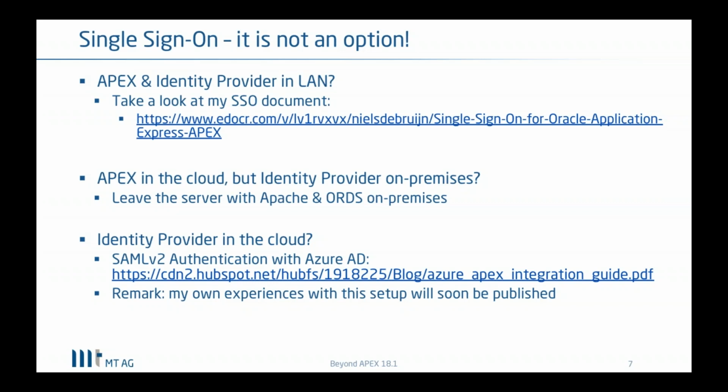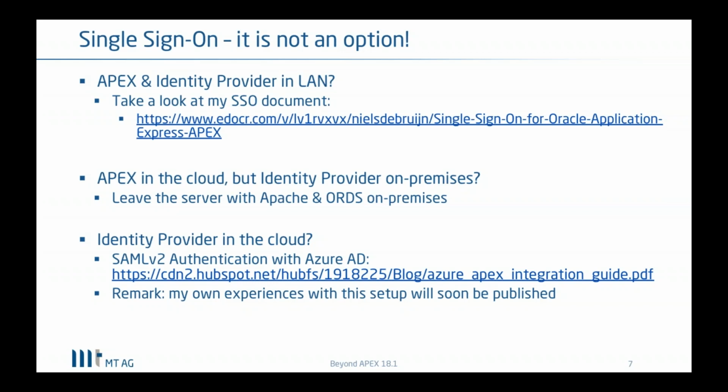And this document has come a long way already. It evolved over the years. I've implemented this scenario over 15 times at various customer places, and I'm aware of a lot of cases around the world where people have used this document to implement single sign-on themselves. For me, this is not an option. So if you're running Apex internally, you should go through those steps in that document and make single sign-on possible. In this case, which is mostly happening at customer side, you have Active Directory, you have a Windows environment.